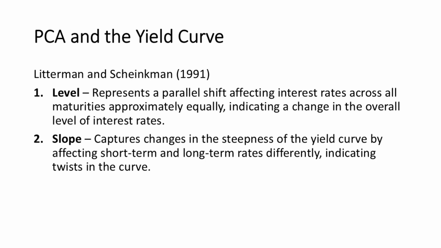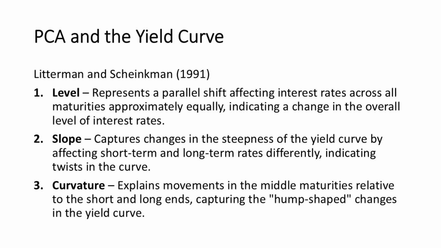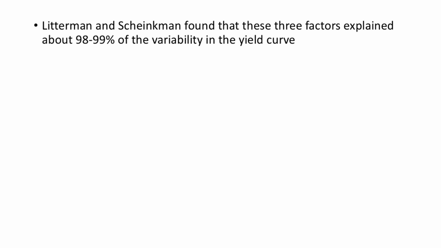Number 2, the slope. It captures changes in the steepness of the yield curve by affecting short-term and long-term rates differently, indicating twists in the curve. Then curvature. Number 3. It explains movements in the middle maturities relative to the short and long ends, capturing the hump-shaped changes in the yield curve. So Litterman and Scheinkman found that these three factors explain about 98 to 99% of the variability in